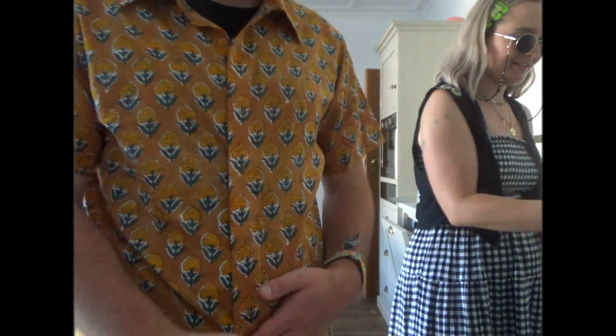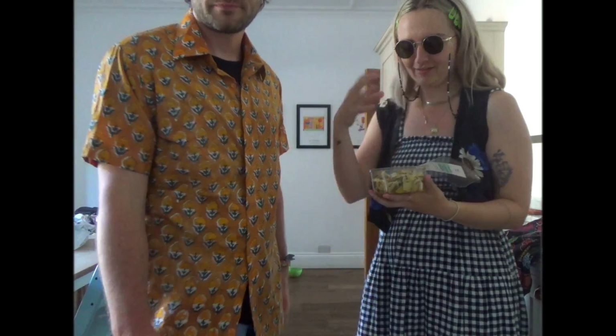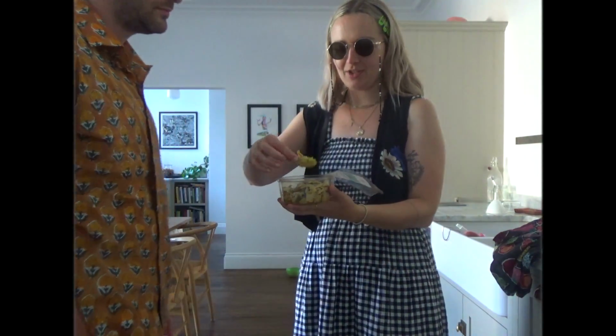Block printed, it's from India. I don't have that many yellow shirts, but now I've got one. And then the other thing in our haul is these art tricks, which I'm gonna...